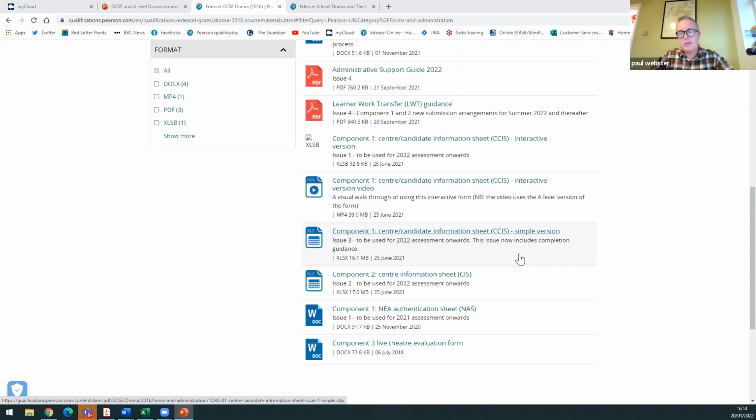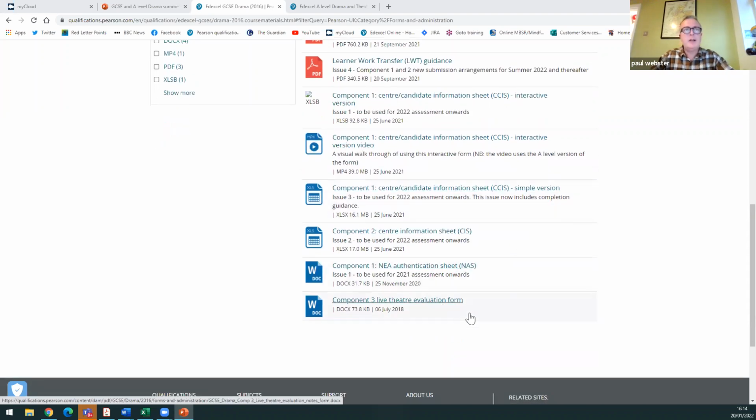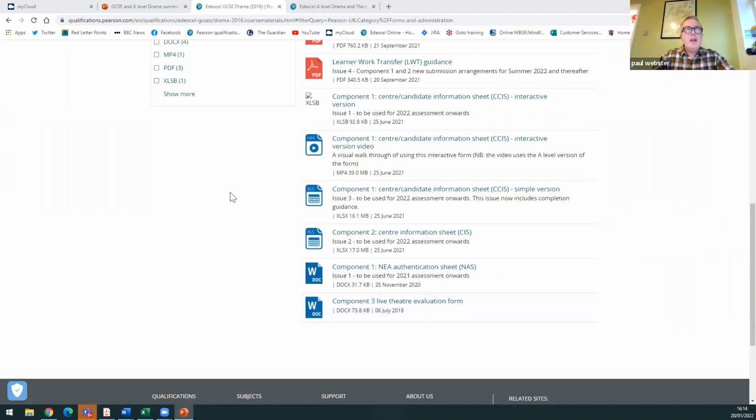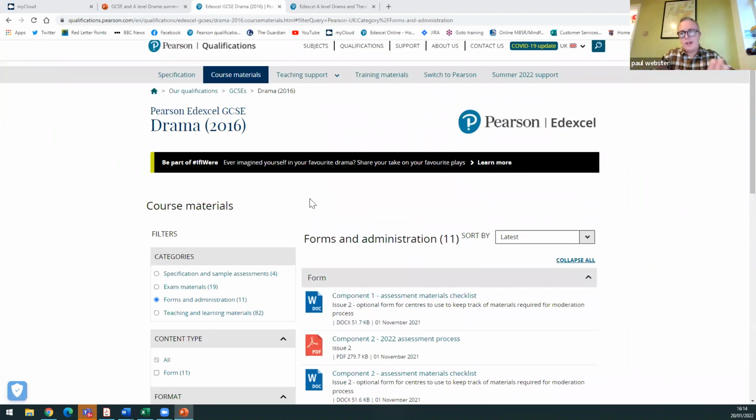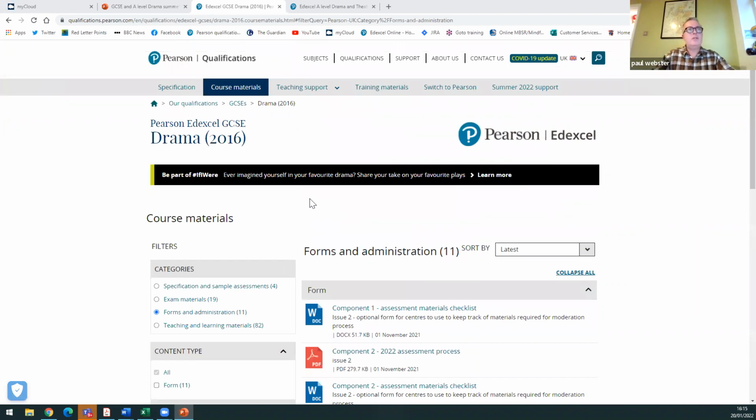So you can use either of those. We don't have a preference. There's also the live theatre evaluation form, so like the cover sheet for the students for when they are going into the exam. So hopefully that's very useful information for you if you didn't know it already.